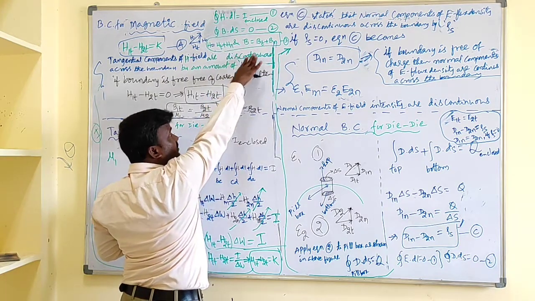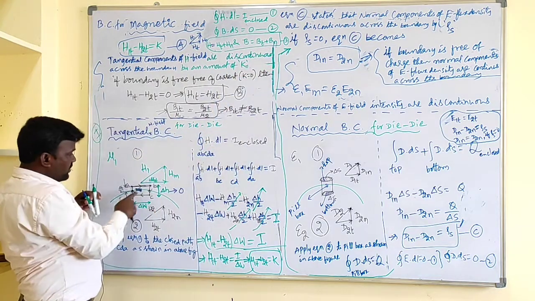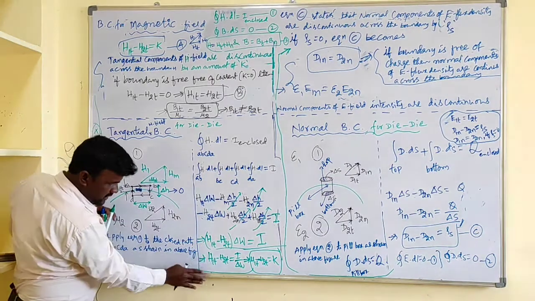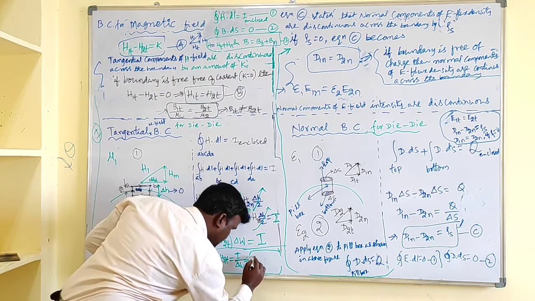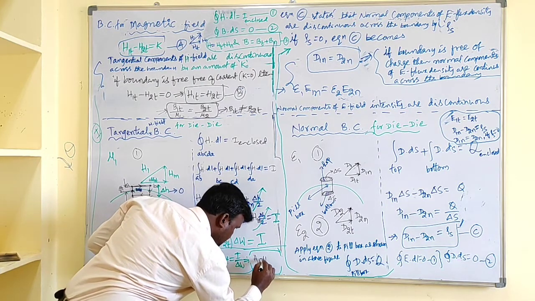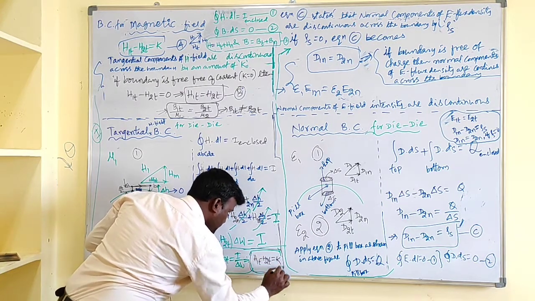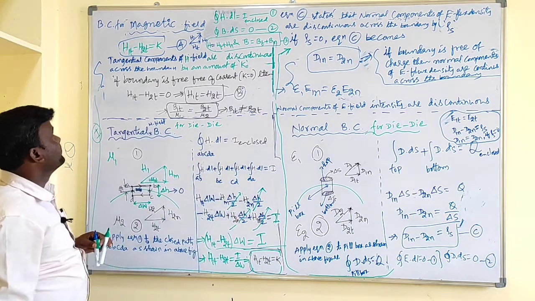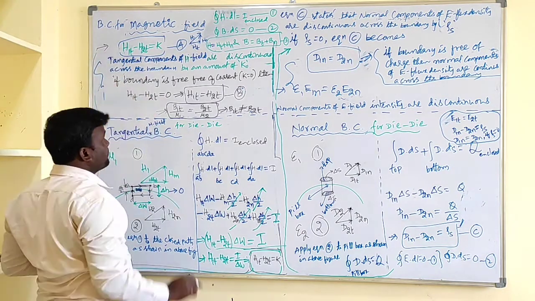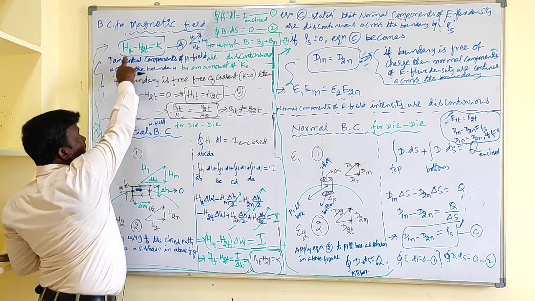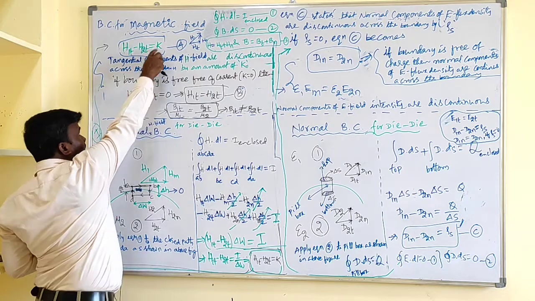We started here, that is equation 1, equation 2, equation 3. In order to derive the magnetic field boundary conditions, we need to use these three equations. Let us apply equation 1 for this closed path. So after application we got H1t minus H2t equal to K, that is I by delta w. Okay, H1t minus H2t equal to K. It says that tangential components of magnetic field intensity are discontinuous by an amount of K at the boundary.